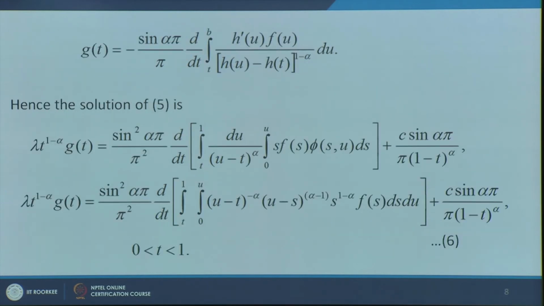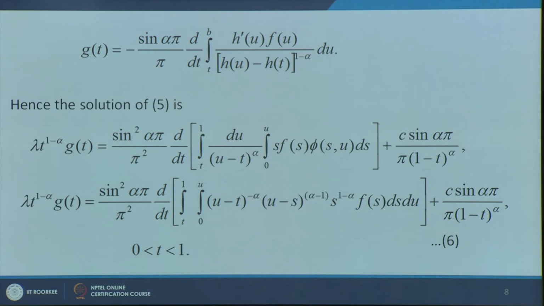So then we will get sin square alpha pi upon pi square d over dt of the integral t to 1, because b is 1 here, and h'(u) is equal to 1. So then we have du, in place of f(u) we write this function, the known function, and then we have (u minus t) to the power